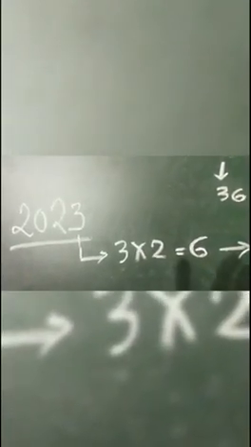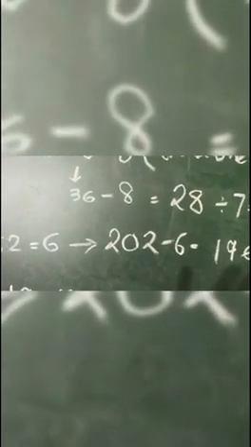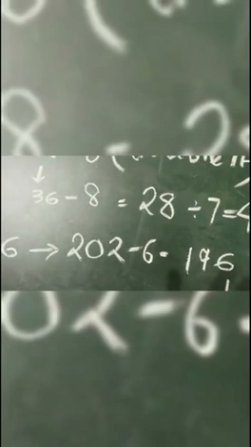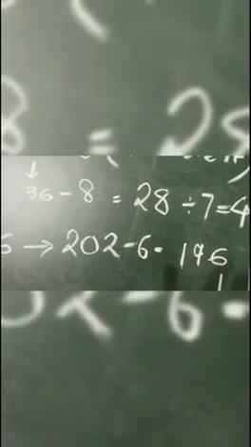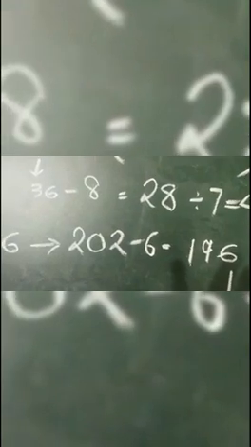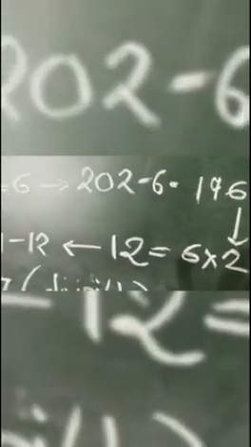Also, first we will double the number. 3 into 2 we will get 6, and again we will subtract the number, and then we will get 196. Now there is a point that 196 is fairly a big enough number. So here also again we will do the same trick.